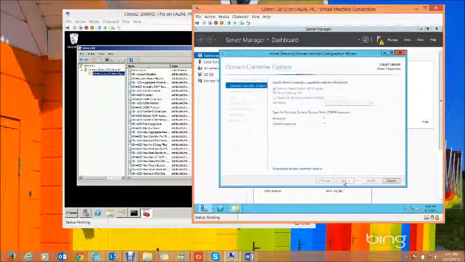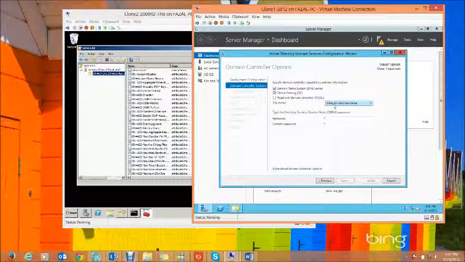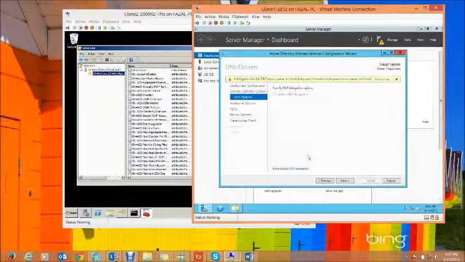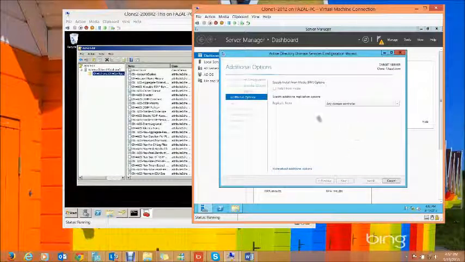I click next. Now we want to make it a domain DNS server, a global catalog, and we do not want it to be an RODC. So what it is doing in the background is it automatically fetches the information of site name. We have to enter the password. This is the DSRM restore mode password, which we look at once we go into the backup and restore of Active Directory. This is the DNS delegation option, which we do not require. We click next. Replicate from any domain controller which is available. We are not doing an IFM installation.